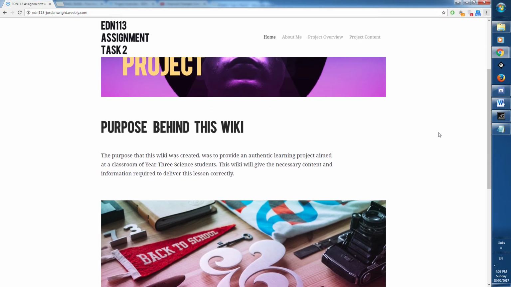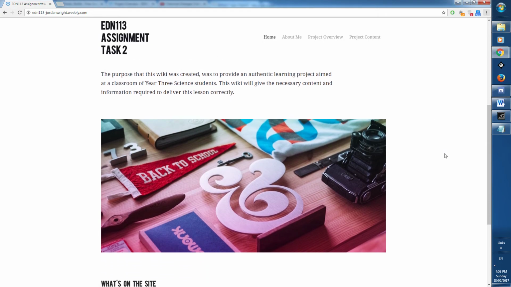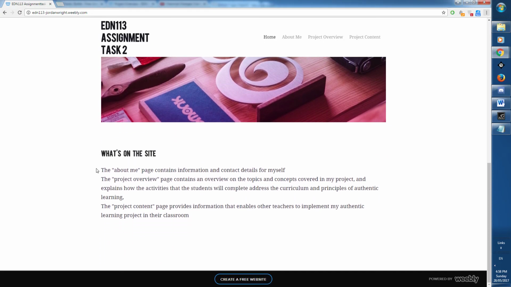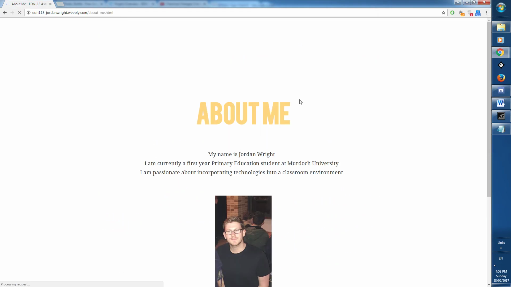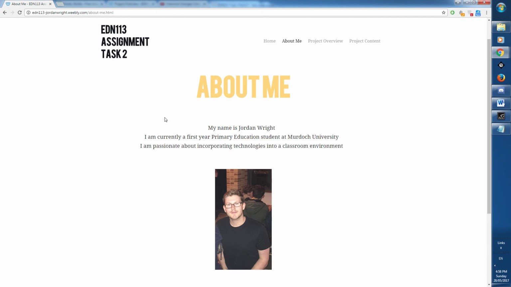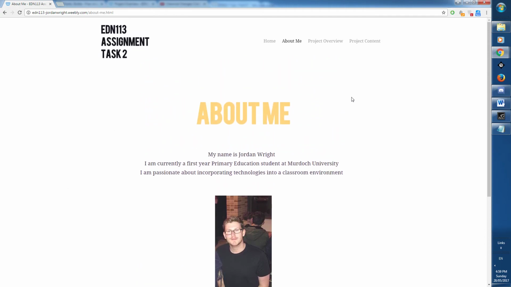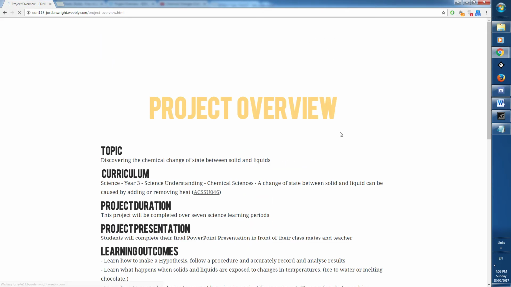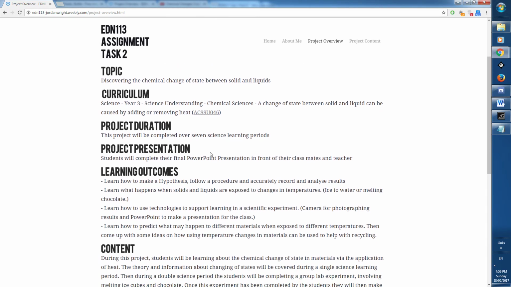On the first page of the wiki is just the home page. It's just got the purpose behind the wiki, and just what's on the site, which gives a brief overview of what each of the other pages contain. The next page is the About Me page, which contains a little bit of information about myself, a picture, and my email. The next page is the project overview, and it contains the topic, the curriculum, the